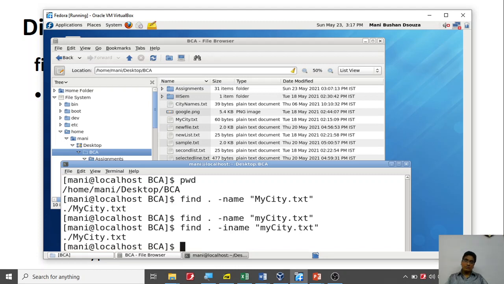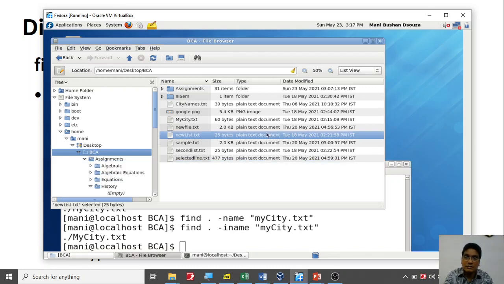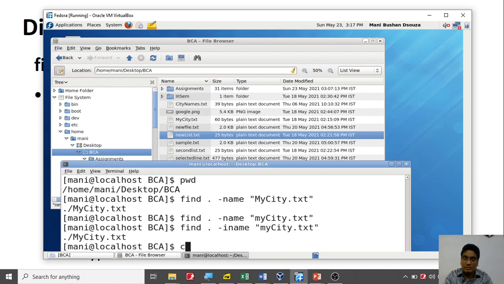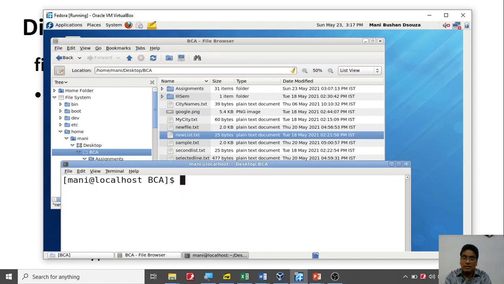I can also use the size. For example, suppose I want to find a very large file. Let me clear it. I want to find the files in my current location whose size is greater than 1 KB.